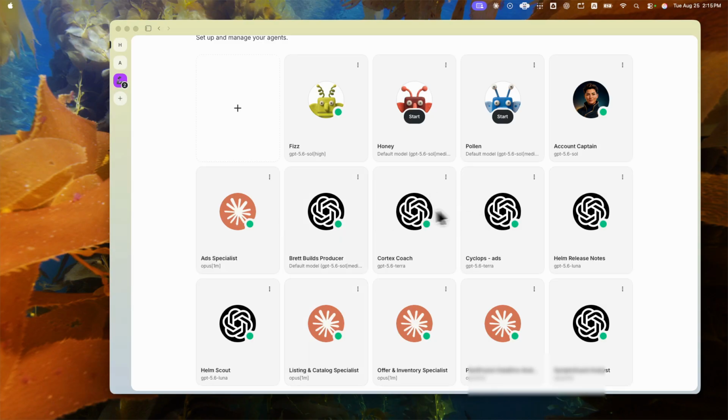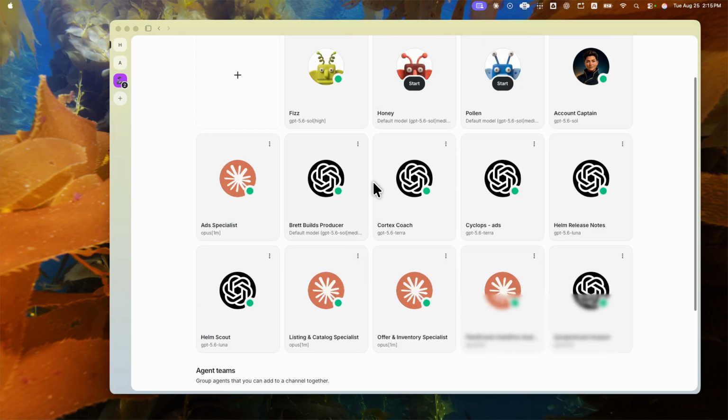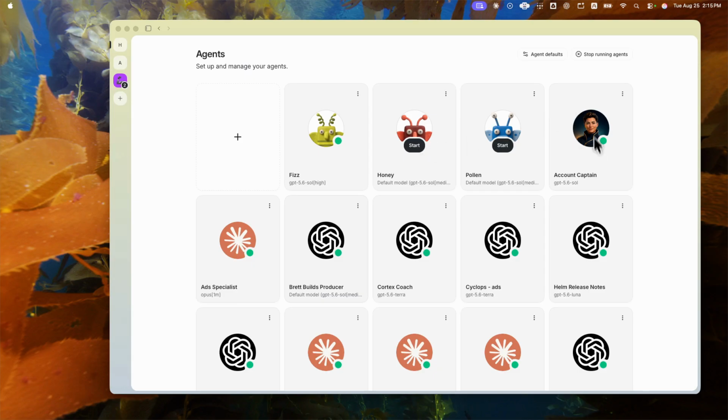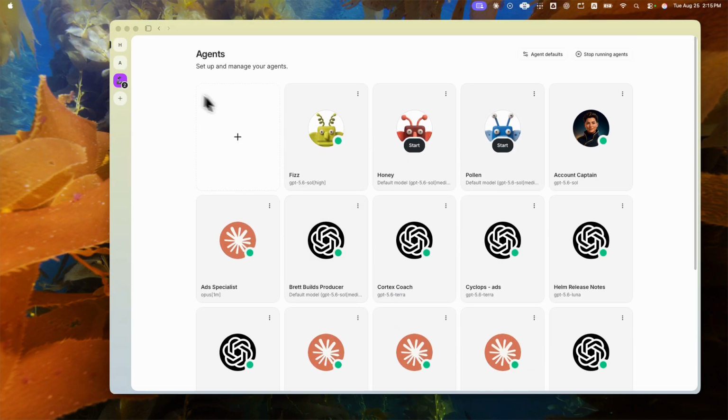So I got an ad specialist. I got two ad specialists. That's interesting. I have a listing catalog specialist, an offer and inventory specialist, a data dive analysis for a client, and then another analysis for a client. Eventually the Account Captain is going to talk with the ad specialist, the listing catalog specialist, and the offer and inventory specialist, and basically I'll show you an example